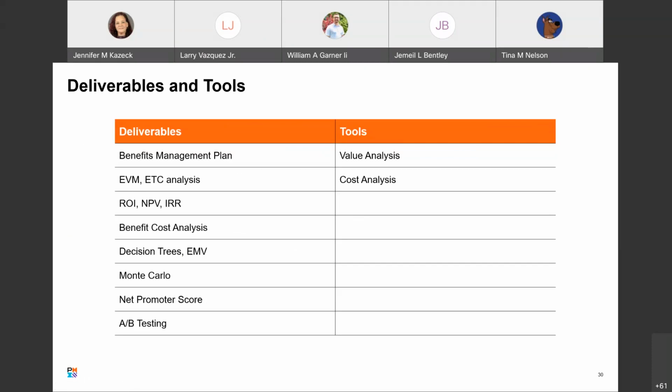Woohoo. All right. Who can tell me what ROI is? Return on investment. Let's see how fun this is, guys. How about NPV? Net present value. Oh my, everybody here. IRR. Internal rate of return. Oh my gosh, you guys are awesome.